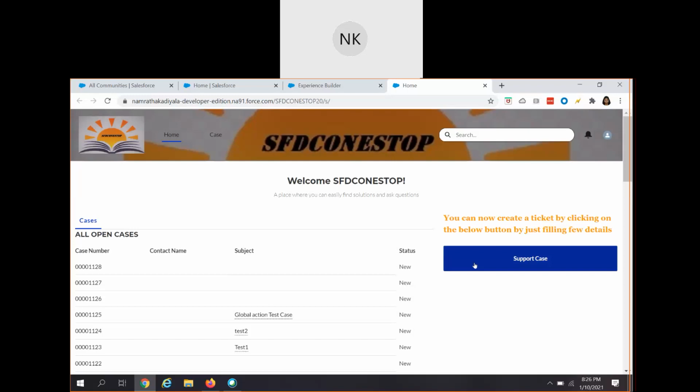So that's how we built our community, so that we can provide a good user experience to our customers. We can build the community page in different languages, so that the community users can select their preferred languages, whether it is Spanish or European language, and the page gets displayed in that specific language. That is the business use case of using the language selector component on this community page.